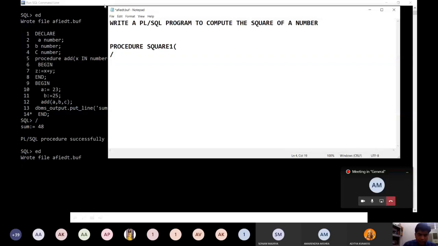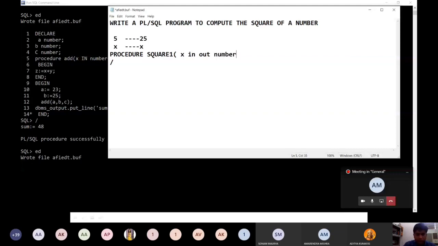So here we have taken x, right? Now the x value becomes 25, that means the square of this number. We have taken x as an IN OUT parameter, and its data type is number.